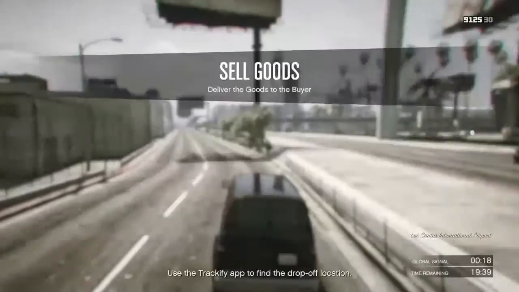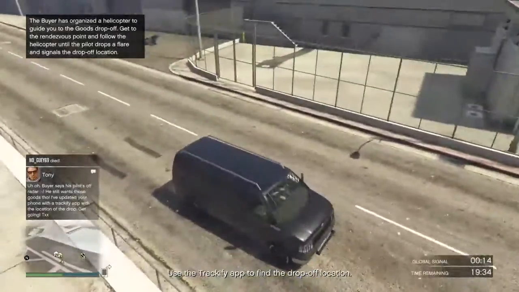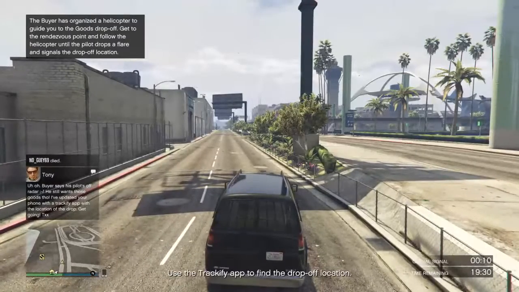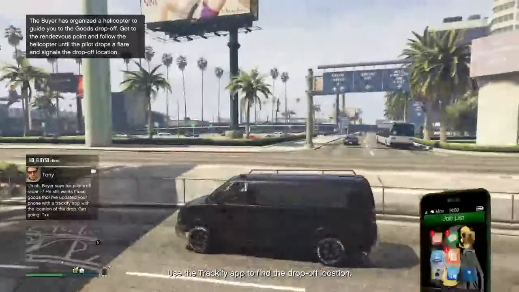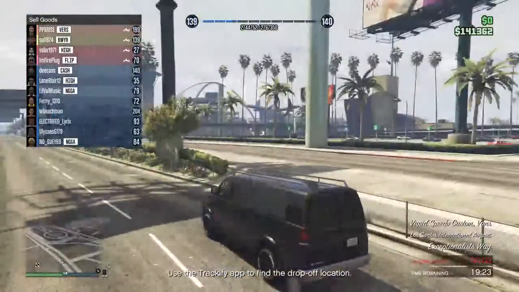It's unique because it's a land vehicle. Unlike all the Smuggler's Run vehicles that were planes, this is actually a land vehicle. It costs $3,750,000, and you can only buy it on Warstock Cache and Carry. So right here we are getting into the vehicle, and it is important to note that this vehicle can only